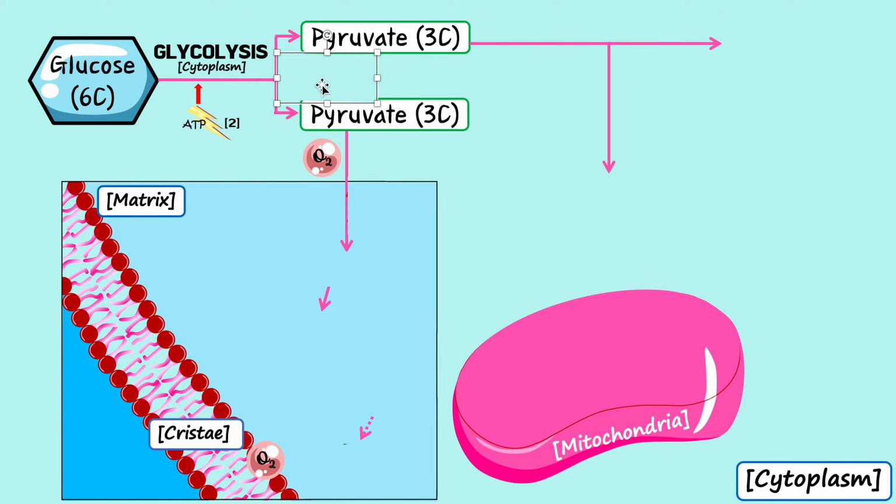Now, in this process of the final splitting, initially we had to invest 2 ATPs, but once the splitting actually happened, we release 4 ATPs. So overall, think about it. We made a net 2 ATPs because we used 2 and we generated 4. So how many total new ones do we have? 2, right? I don't want you to worry too much about the numbers because that's really more of an HL thing. If you can, it'd be good, but don't worry too much about that. Just get the overall idea here.